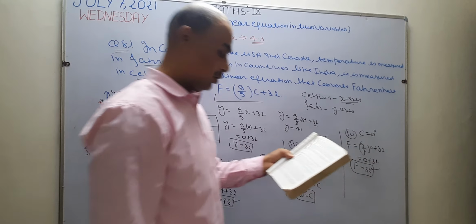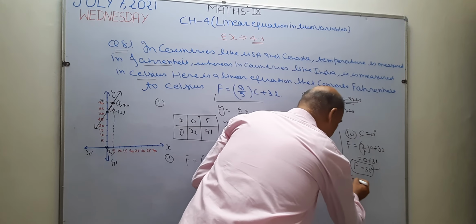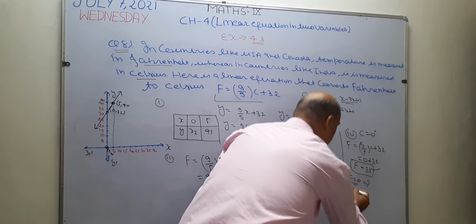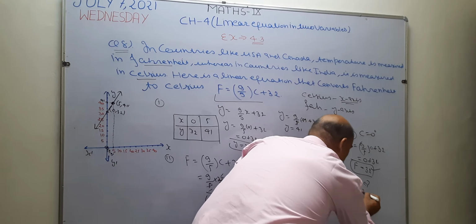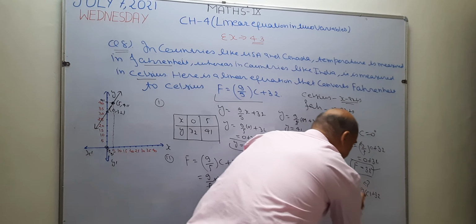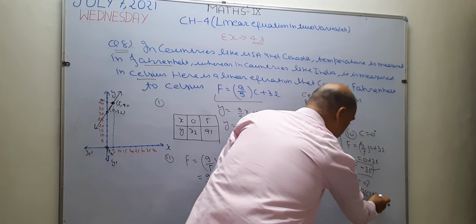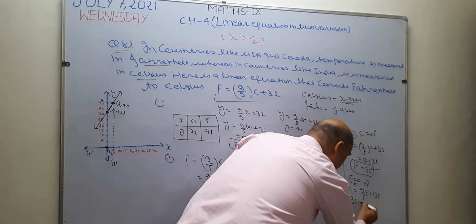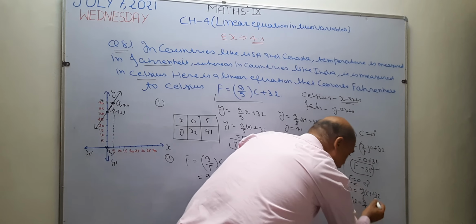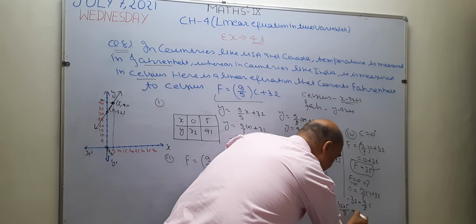Okay. Now the second part is also there. If F is 0, then what is in Celsius? So write down the given formula again. F equal to 9 by 5 into C plus 32. Now instead of F I want to take 0. Okay. Now this 32 becomes negative. What is left? 9 by 5 into C. I take this 9 by 5 from left to right. So this becomes minus 32, 5 by 9 is equal to C.